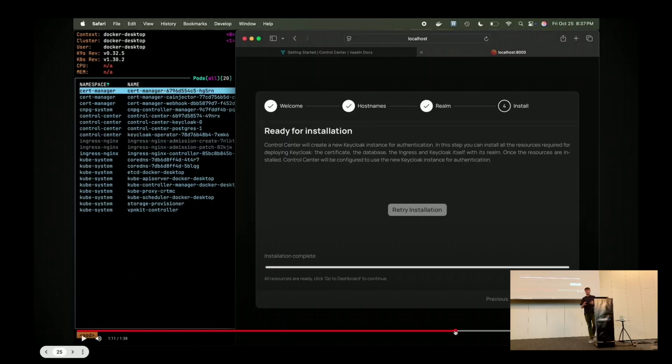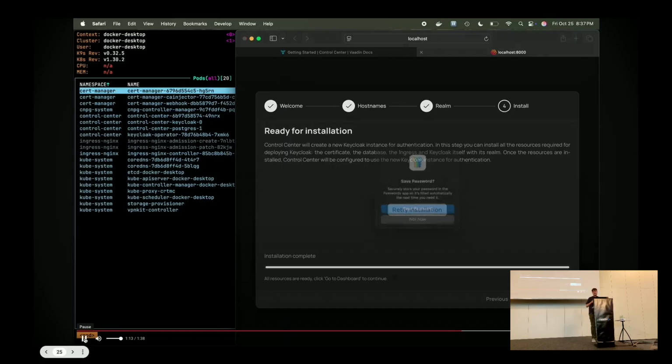Who has been writing a YAML configuration file for Kubernetes in the last few months? Some. Did you enjoy it? Yeah, so basically what Control Center does is set up all the basics for you. Instead of you writing all those configuration files, we give you best practice configuration. And we do this while we are installing this